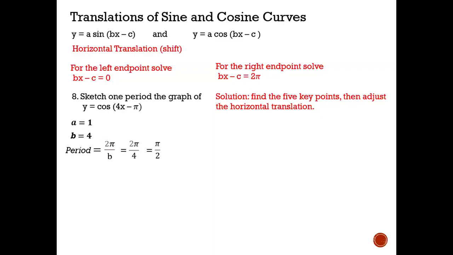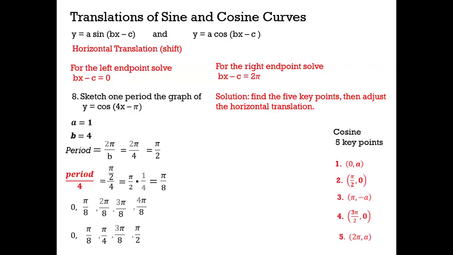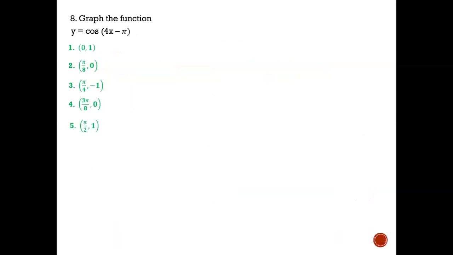So our period is pi halves. So based on our period, we see that our period for this circle is given to be pi 8. So let's go ahead and get those major points on that period. So we have 0, pi 8, the simplified pi 4, 3 pi 8, and pi halves. Okay, so let's do our 5 key points again, what we had done before. And by filling in the A value for 3 and 5, we have our answers, and we are able to